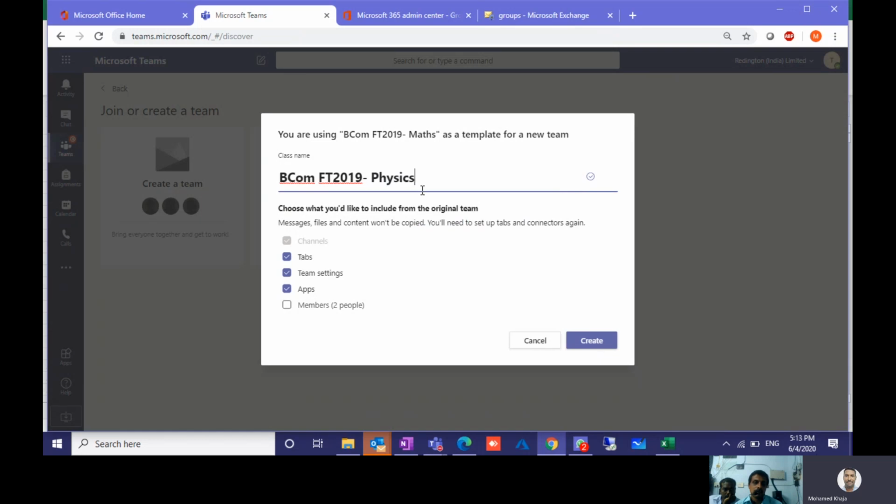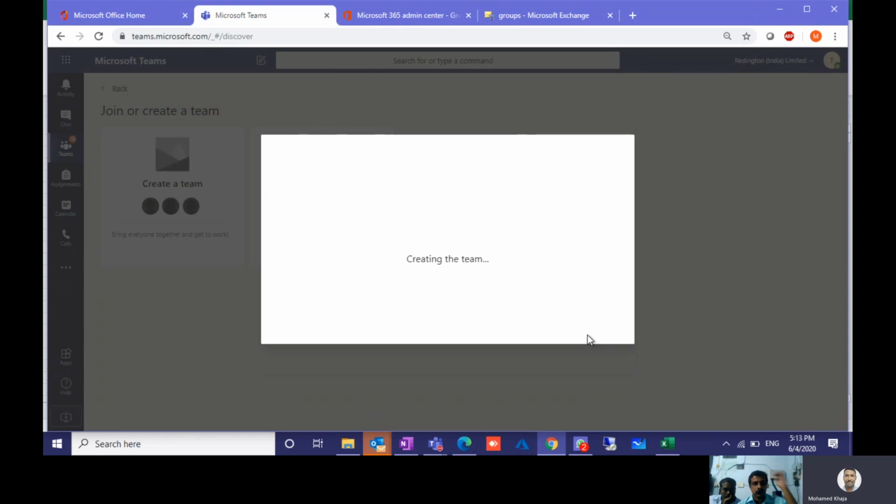Likewise, you have to include the members also. So you need not go to the Exchange admin again and again to add the members. You change the name, add the members, and create a group.